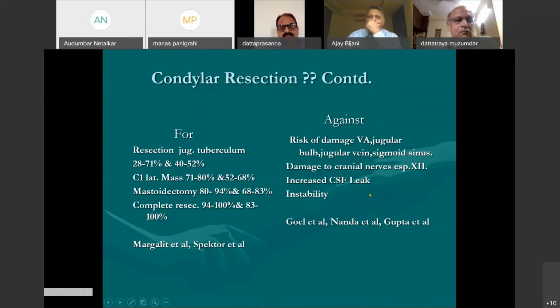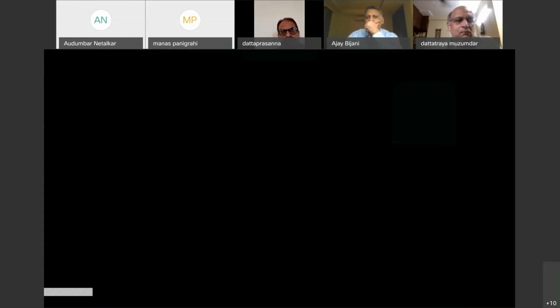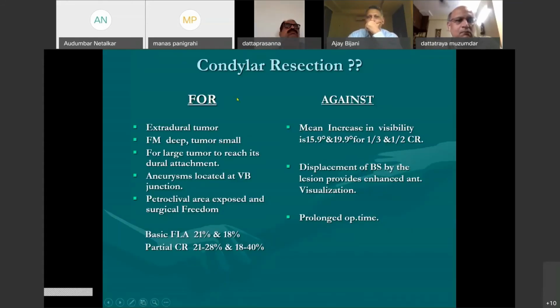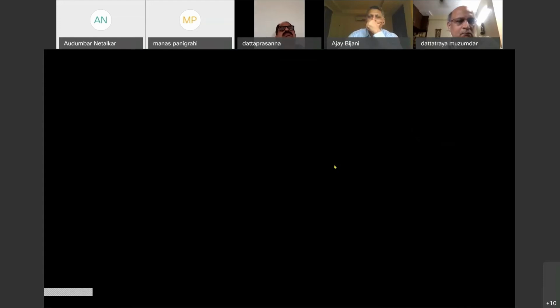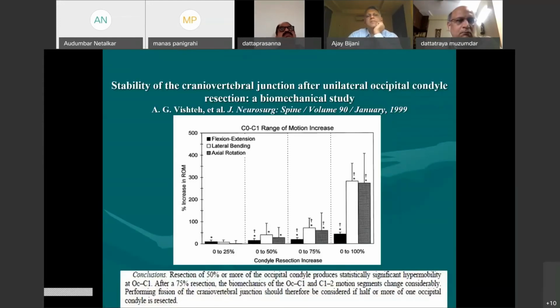They optimize the extent of condylar resection. Condylar resection is usually required for extradural tumors, or if a foramen lesion has crossed the midline, or for aneurysms, but all other cases can be managed without a condylar or retrocondylar approach. Now, one of the disadvantages of condylar resection is that as long as you resect less than 50%, it's no problem.